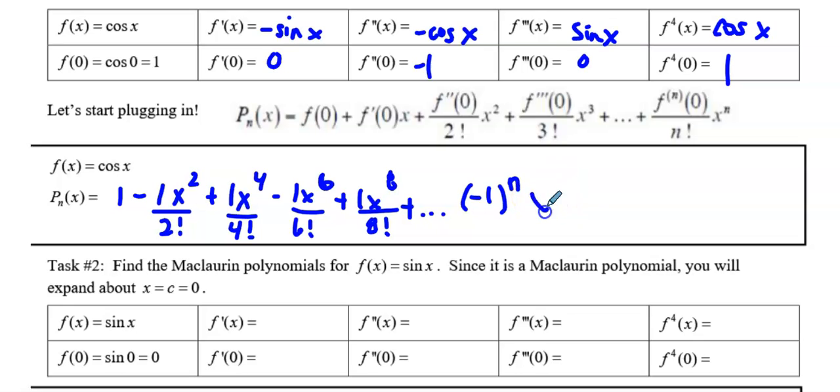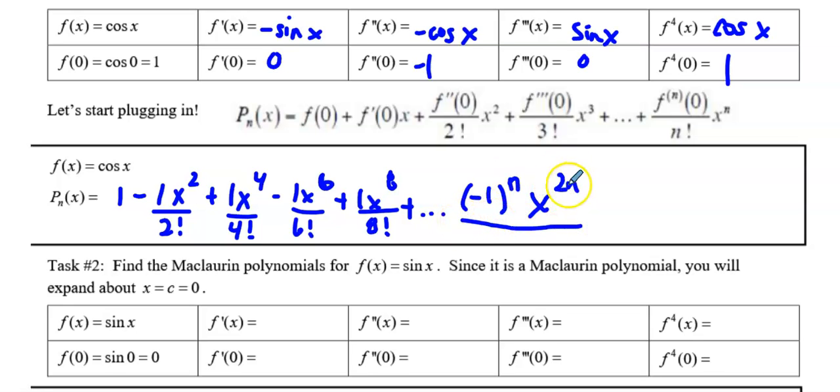Then you guys can notice that if we start this, then it's going to be x to the 2n. So again, when n is equal to 0, we get 1. When n is 1, then we get the 2. When n is 2, we get 4, etcetera, etcetera. And it's going to be all over